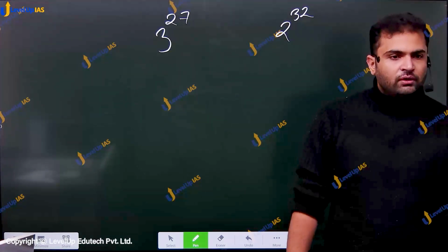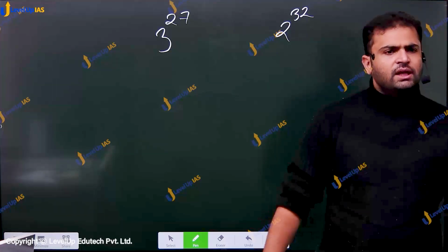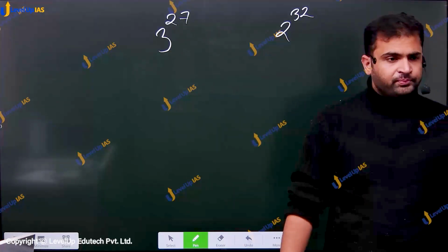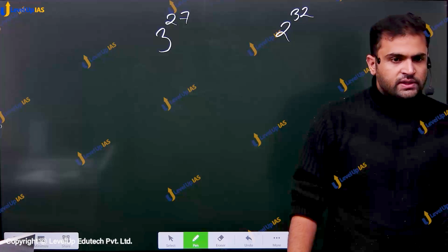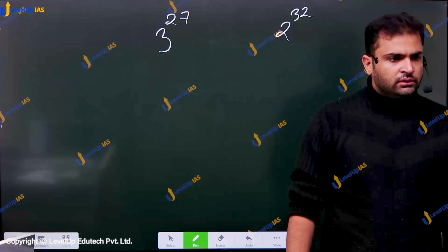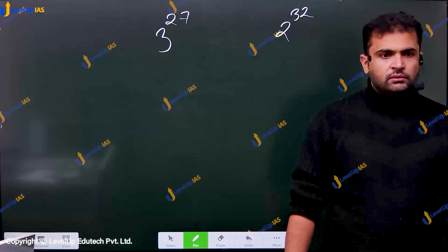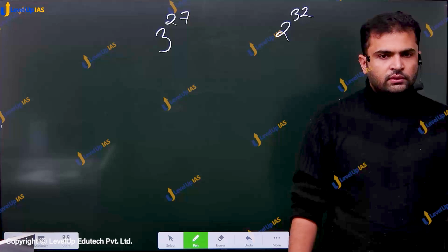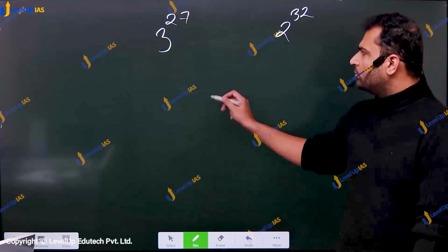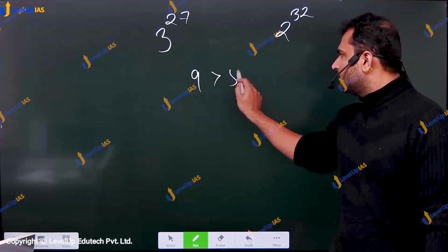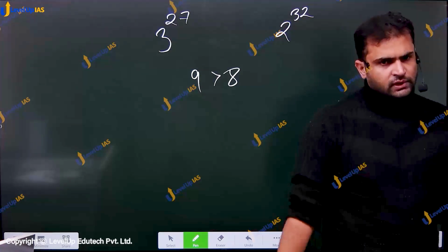I choose a power of 3 that I know already which is larger than a power of 2. Is there such a power? Tell. For example, I know that 9 is greater than 8. I know this,